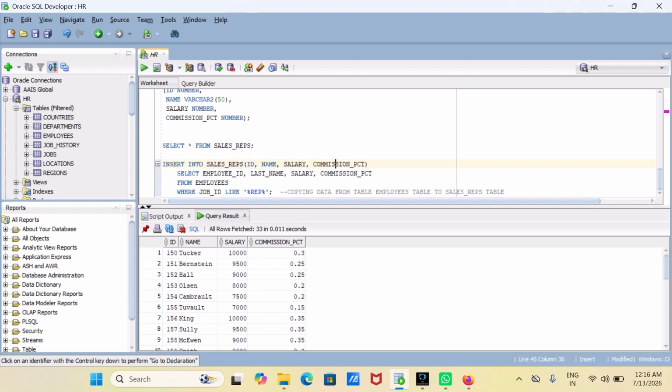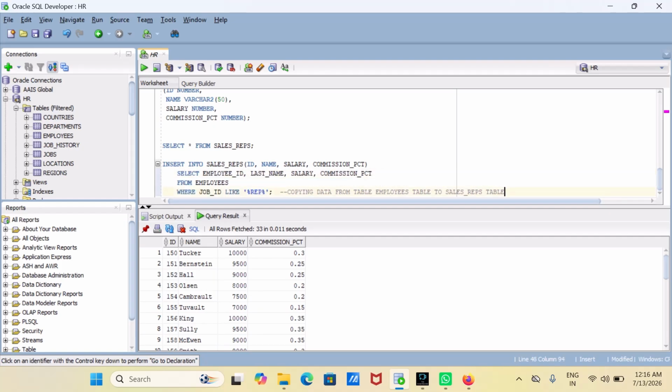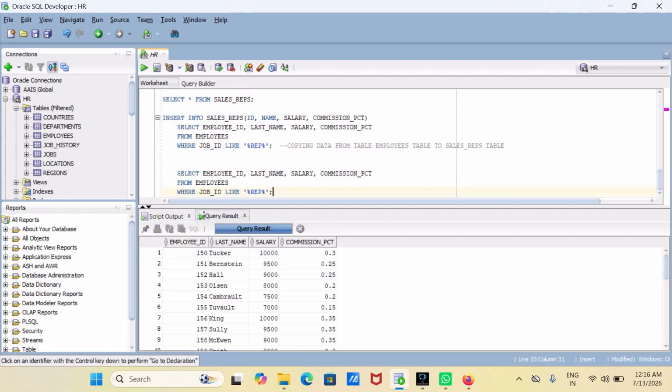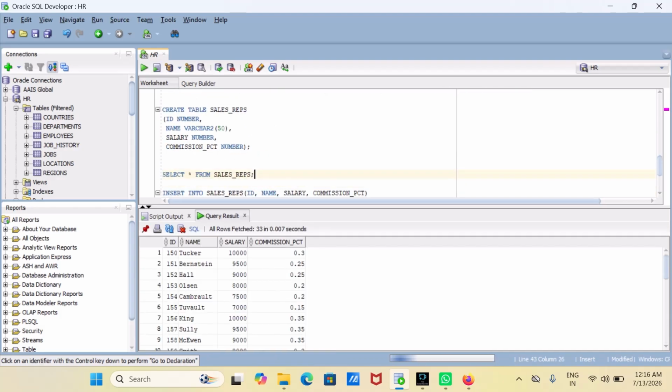In the ID, name, salary and commission PCT columns of the sales reps table, we are taking the values from the employees table's employee ID, last name, salary and commission PCT, whose job ID has the word REP in it. So how many records are we getting from this query? Let us see. If we execute this query, we get 33 records, and those 33 records got inserted in